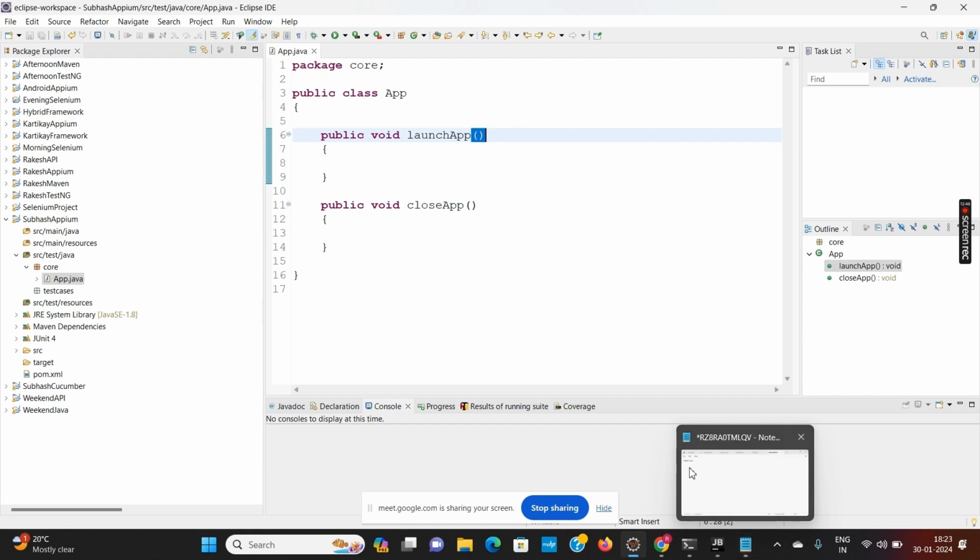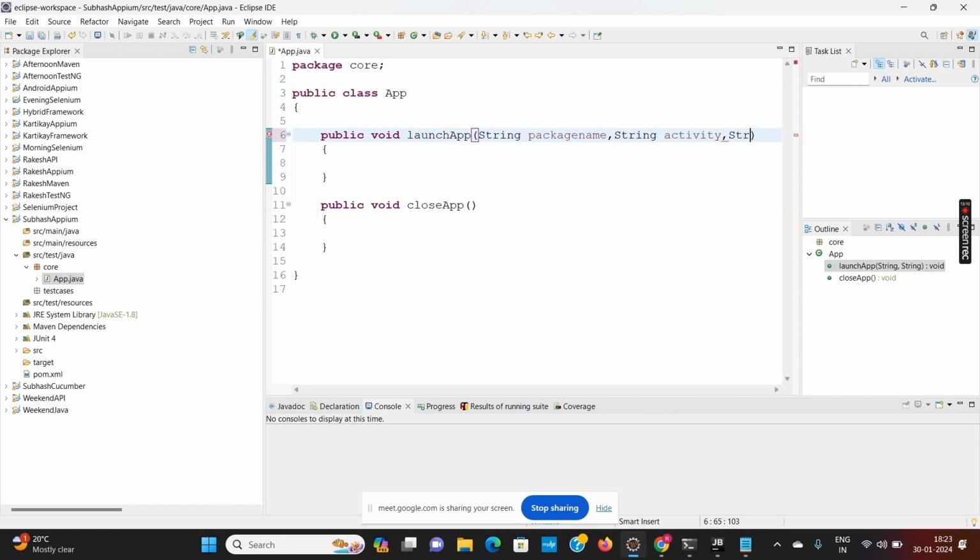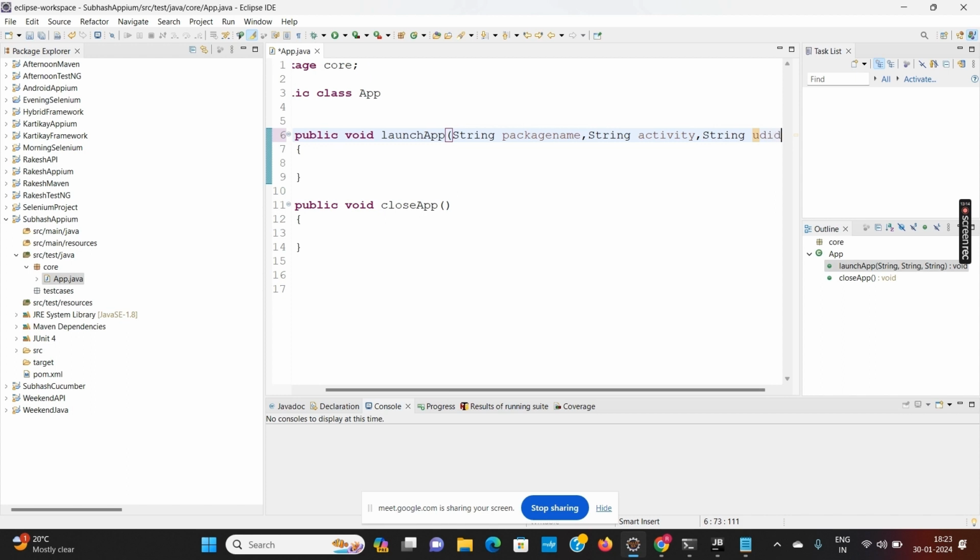So it means when I want to launch the app, I require three things. First thing, I require the package name. Second thing I require is the activity name. And third thing I require is the mobile UDID on which I want to launch the app.